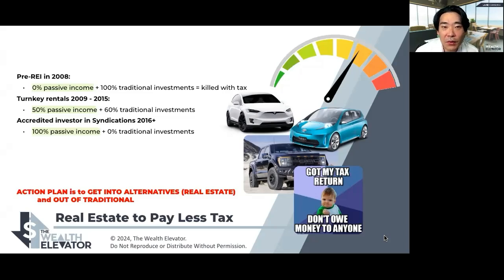My traditional investment portfolio was becoming less and less, and my alternative investment portfolio was getting higher. Fast forward several years later, when I got 100% into syndications and private placements, most of my income was passive, especially as I left my day job as an engineer. And then 0% was traditional investments. These are just 3 data points as a threshold to think about the phases.